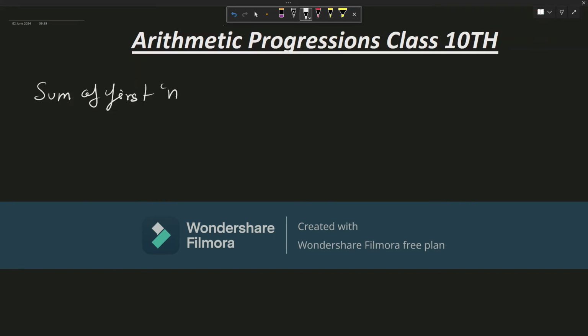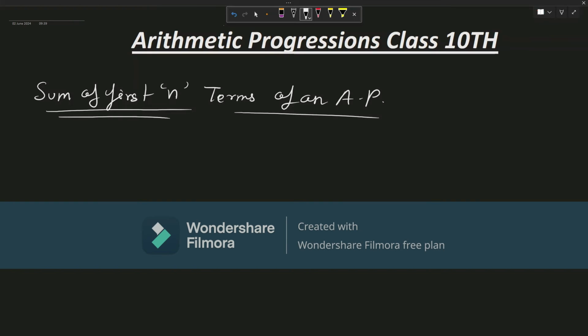Okay. Now, first we will be talking about the sum of the first n terms of an AP. So this is our topic for today's class, and this topic is really easy. Now let me give you the statement. If the first term of an AP is a, suppose there is some series and the first term is a and its common difference is d, then the sum, which is also denoted by Sn,